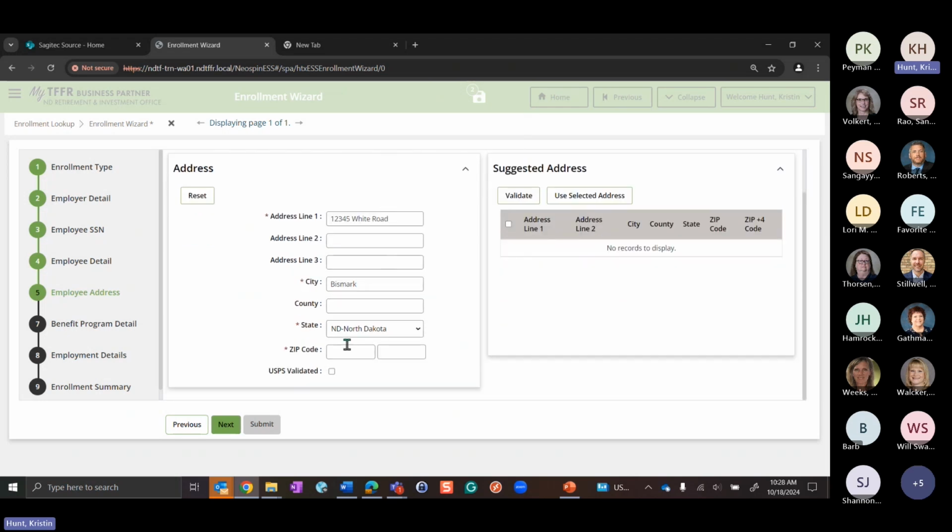So it's kind of the same setup, and same with the suggested address. We have the USPS validated. So it's not hooked up, so I can't show it to you, but after you input this, you can click this validate button and it's going to give you the suggested addresses. And then you'll select it, use the selected address, and then it'll say that this has been validated and it'll allow you to move on.